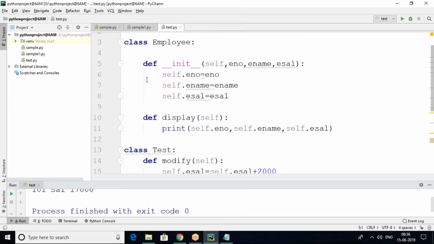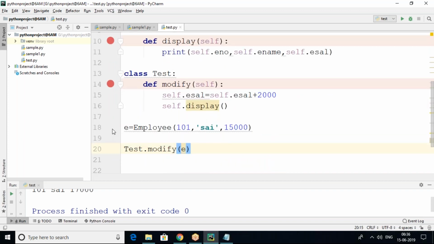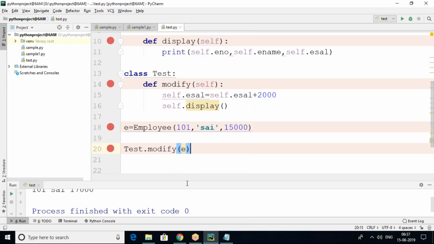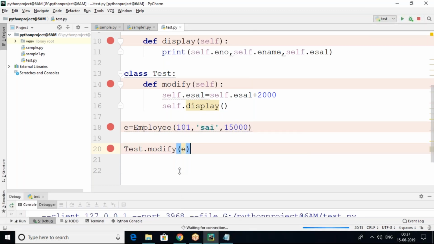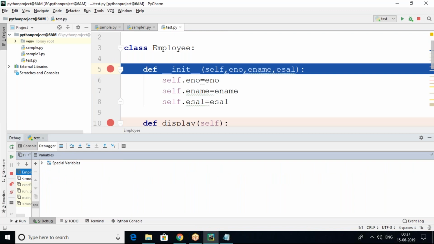See, just wait. I'll keep the breakpoint. Then try the debug option. Now, as soon as we create the object for E equal to the employee class, it is going to call the constructor here.